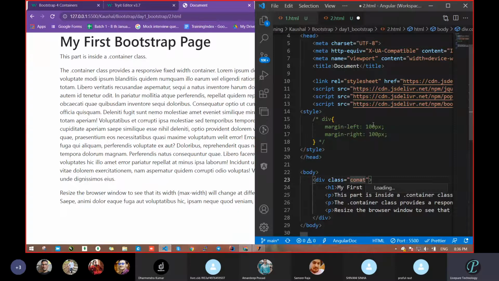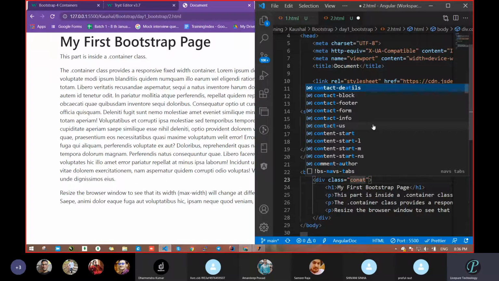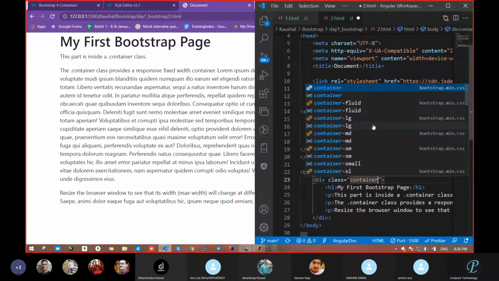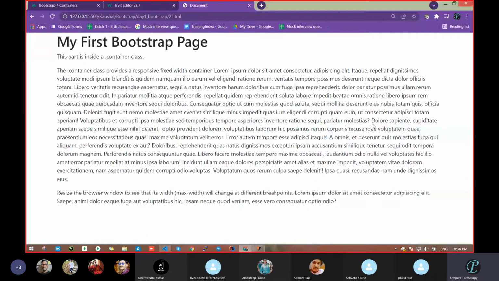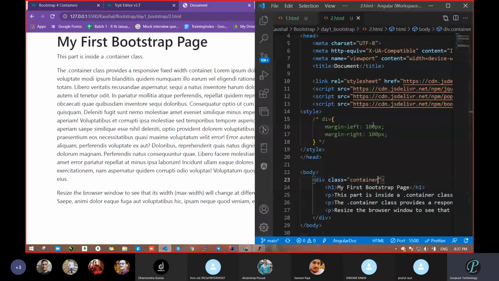When you start writing, you will get automatic suggestions if you have Bootstrap installed. I don't know why it did not come in my case. Container. Okay, container came. So see, we got the same thing, just a slight difference, because now the style is commented.